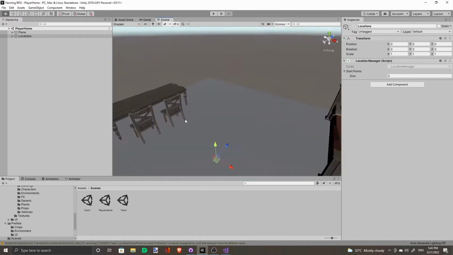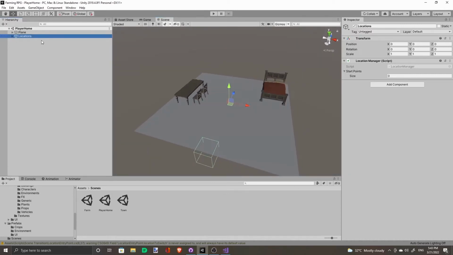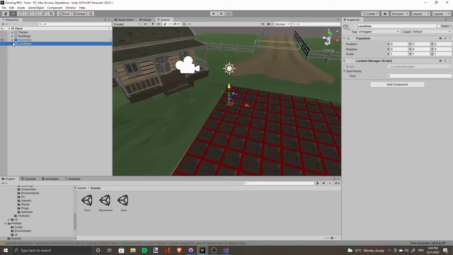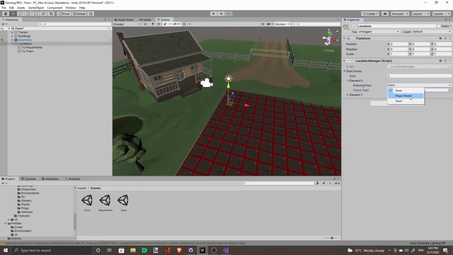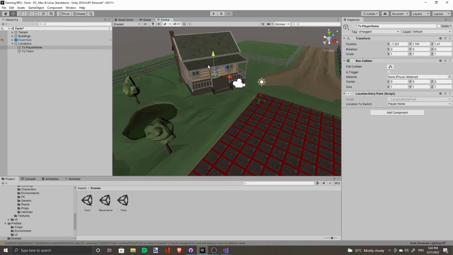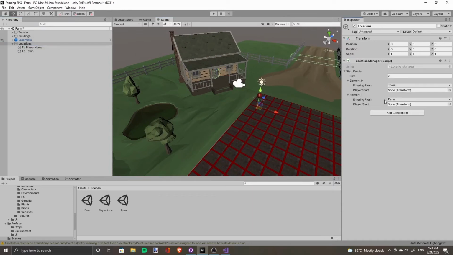So, in the case of the player's house, there's one start point that is entering from the farm, and in the farm there are two start points. They're entering from the town, and one is entering from the player's house.